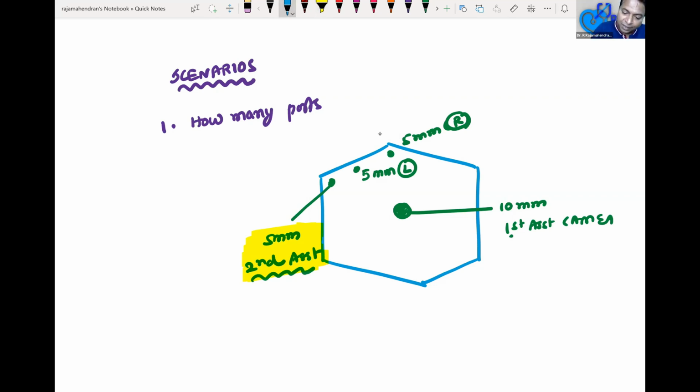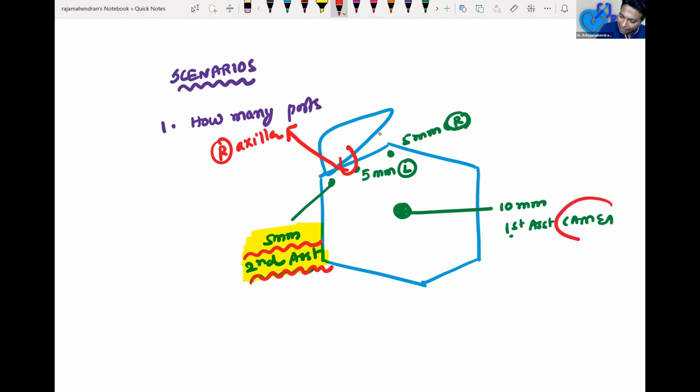by holding the gallbladder fundus and pushing it towards the right axilla. If you have a poor second assistant, your entire surgery will collapse, Calot's anatomy will not open up, and you will damage more structures. So I will always take a skilled assistant for this procedure. The second assistant is more important than the camera person.